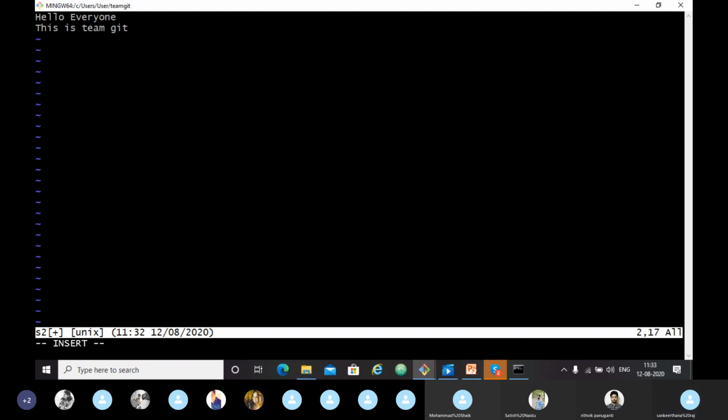Now I'll come out of the insert mode. I have to save that. Can you see it here? :w. Our file is saved. Now we type :x, which means we are exiting from our file. So it's done.